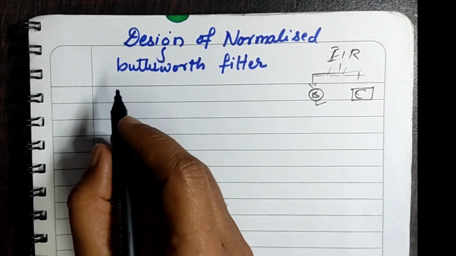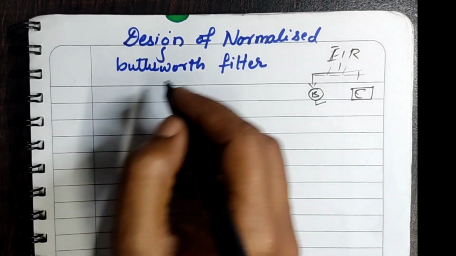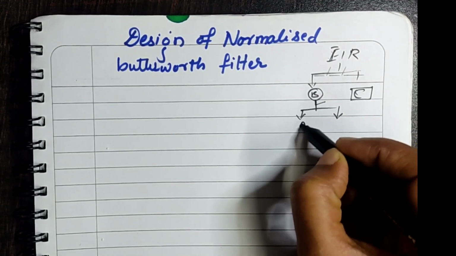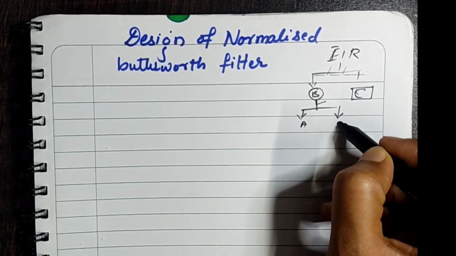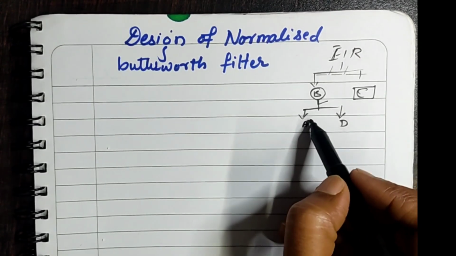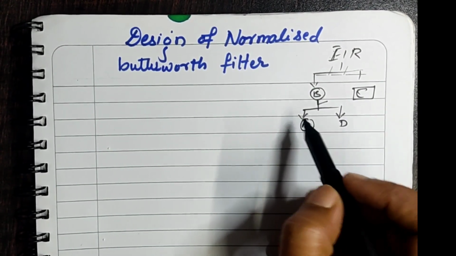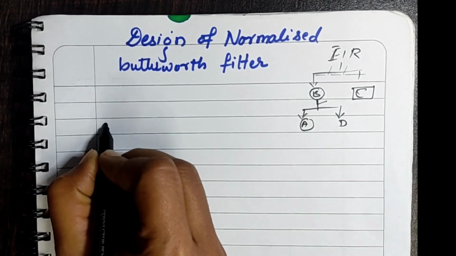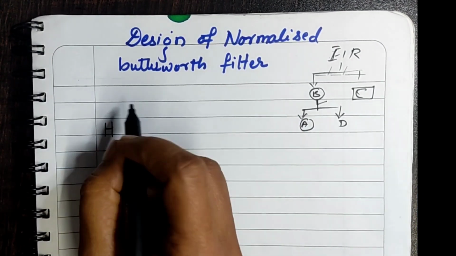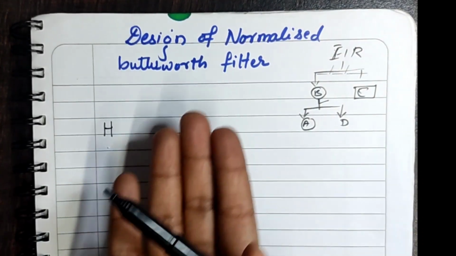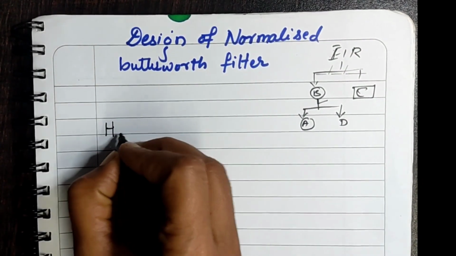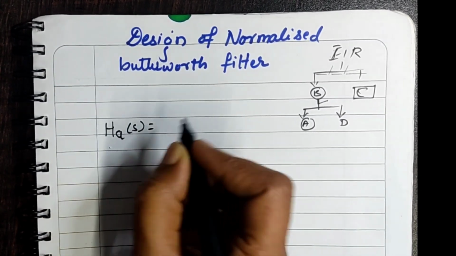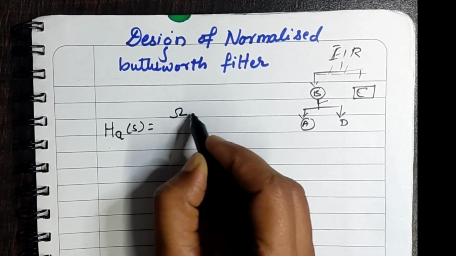To design this, we have two types: one is the analog Butterworth filter, and the other is the digital Butterworth filter. Now we will see how to design the analog Butterworth filter. To design this we have a transfer function. We can always express our filter designs in the form of transfer functions. Since it is analog, we can write HA(s), the analog Butterworth filter's transfer function, as